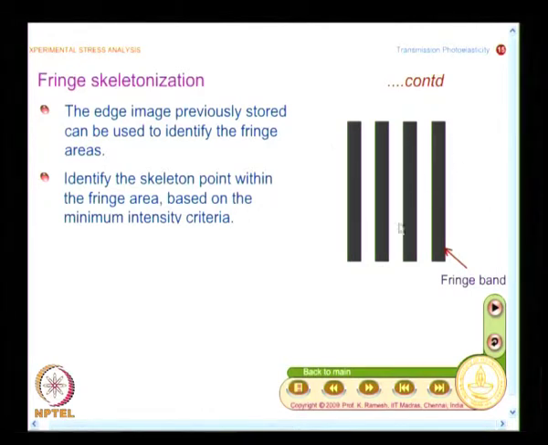Suppose I scan the image horizontally, and within the fringe band, if I identify the minimum intensity point and make that as a fringe area, fringe skeleton, then my job is done. So, I need to develop a scanning mechanism which is appropriate to the image, and within the fringe area, that is start of the fringe, end of the fringe, within that pick out the minimum intensity. So, here we are using the important heuristic information. At the fringe contour, intensity is 0. So, you are really looking at the minimum intensity.